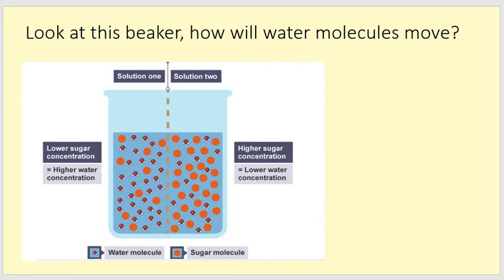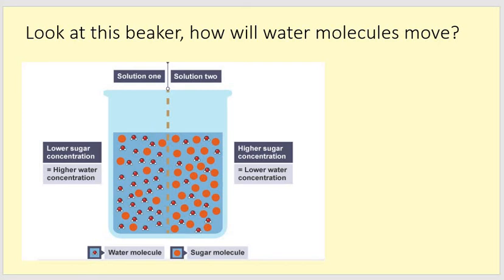So here we've got a beaker, and the beaker is split down the middle with a partially permeable membrane. So you've got 2 different solutions on the left and on the right. On the left hand side you have got a solution where there's fewer molecules of sugar and more molecules of water. And if you have a look, the sugar molecules are orange and the water molecules are red and white. So you can see that there's more of the red and white water molecules and less of the orange sugar